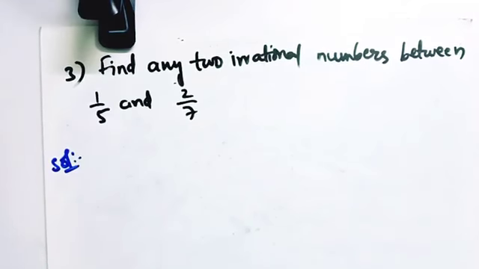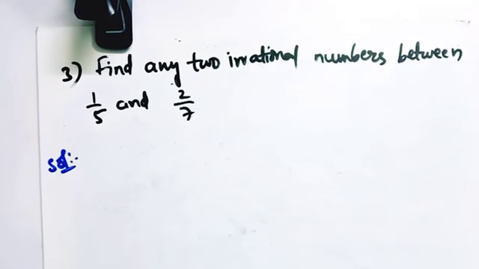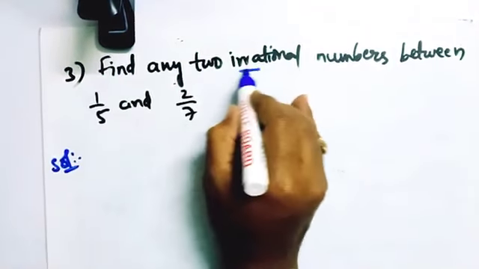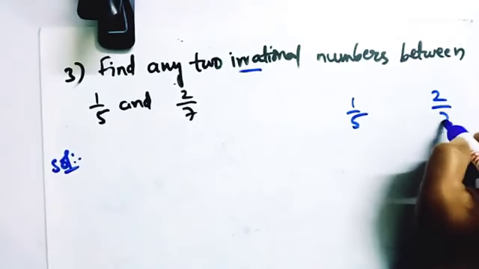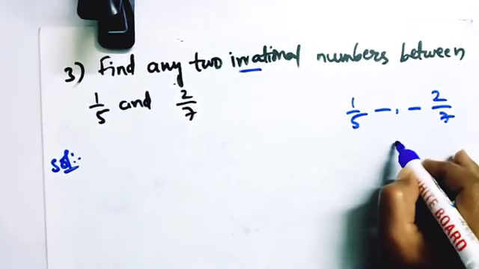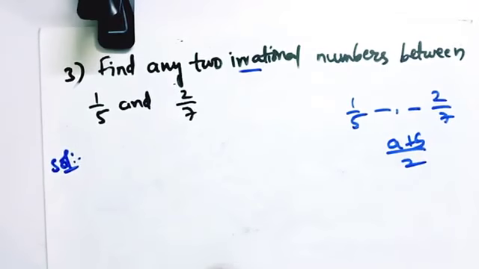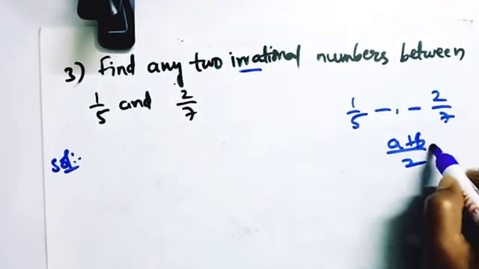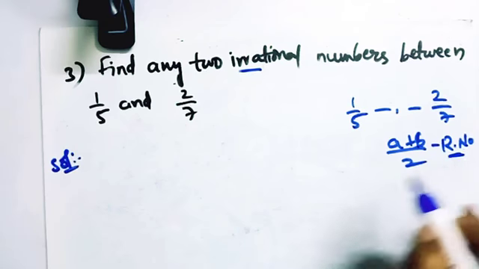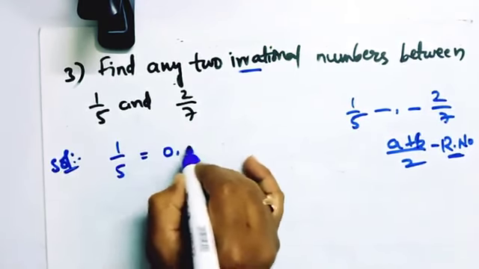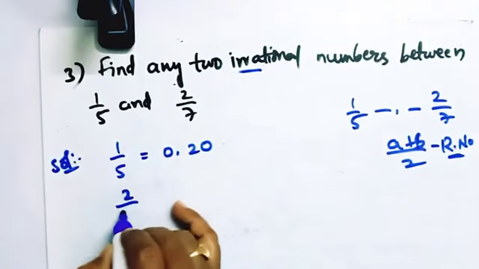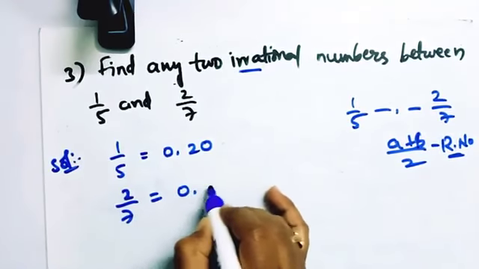Next question, we are finding the irrational numbers between two given numbers. So here I am finding irrational numbers. In the previous class we learned how to find rational numbers between given numbers. We use the formula (a+b)/2, which is to insert rational numbers, but here we can't use that formula. So already we know 1/5 is equal to 0.20. And 2/7, if you write it in decimal form, you will get